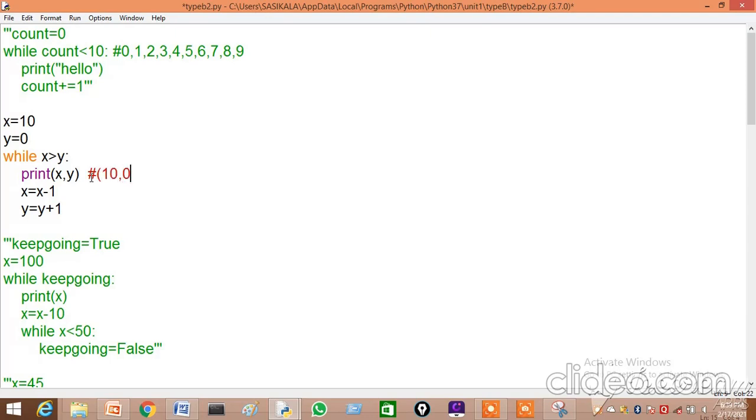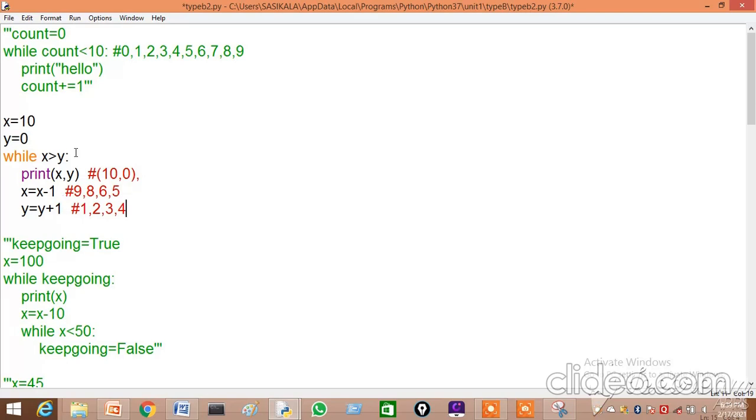The next value, x is equal to x minus 1, so here 9 will be the value, next 8, then 7, 6, next value 5. And y is incremented here, so 1, 2, 3, 4.